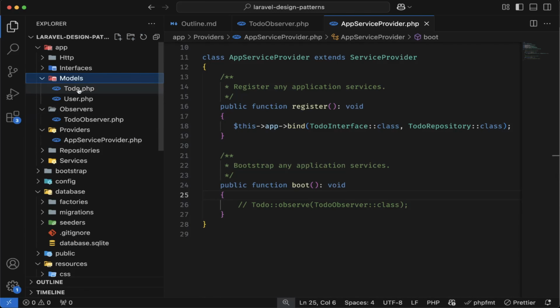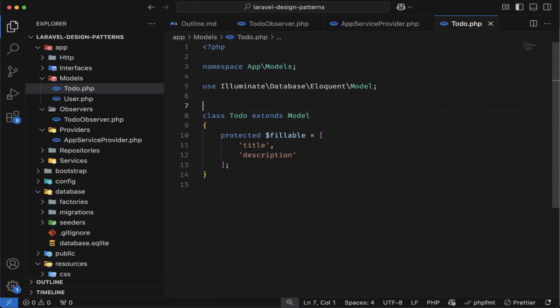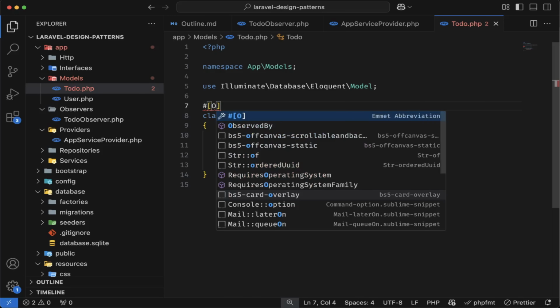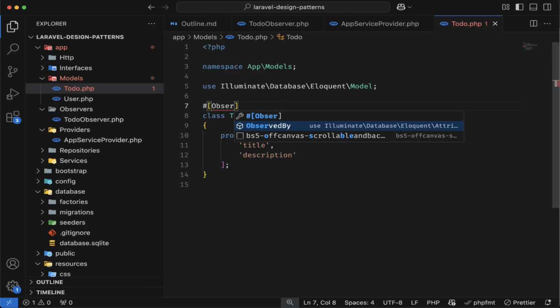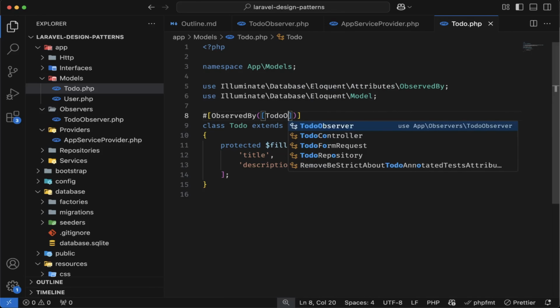Inside the Models we have the Todo model. So here at the beginning of this class we will have to use a hash. Inside this array block we will have to pass the ObservedBy attribute. So inside this attribute we will have to form one array, and inside this array we will have to call the TodoObserver